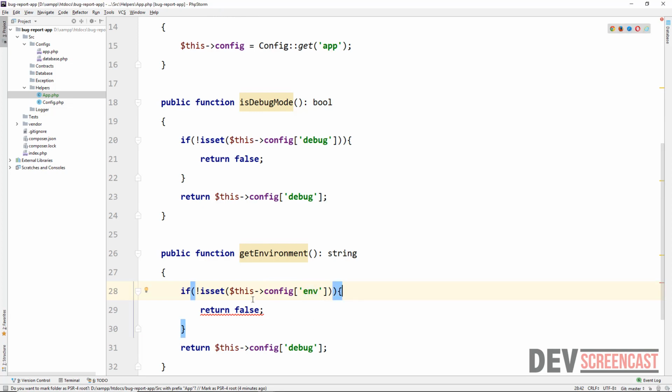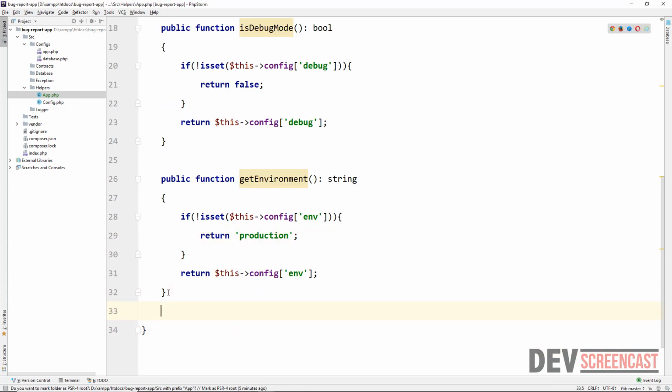So this is a little bit dicey. We cannot return false here, but we can actually just return production if you don't set this value. This could be local or this could be anything. But if this is not set, we want to just return production. Then we're going to have one more